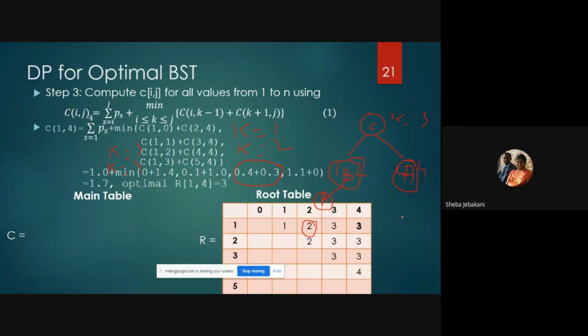So you understood how to come up with the tree. Once you find the optimal solution and the root table, from the root table you can basically construct this particular tree. Understood? Wherein you start from the last position, then use the same formula. This side is the left subtree, this is the right subtree. So use this formula to identify which are the nodes that have to come to the left and which are the nodes that have to come to the right. Clear?